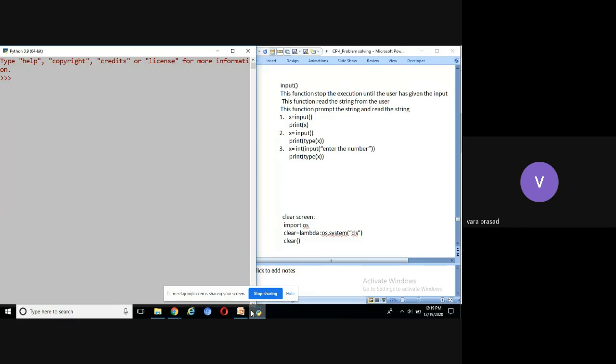Every variable has 4 basic properties. What are the properties? Anyone can unmute and give the answer. Like, sir, the value should be given. That's int or float. May I know who is this?